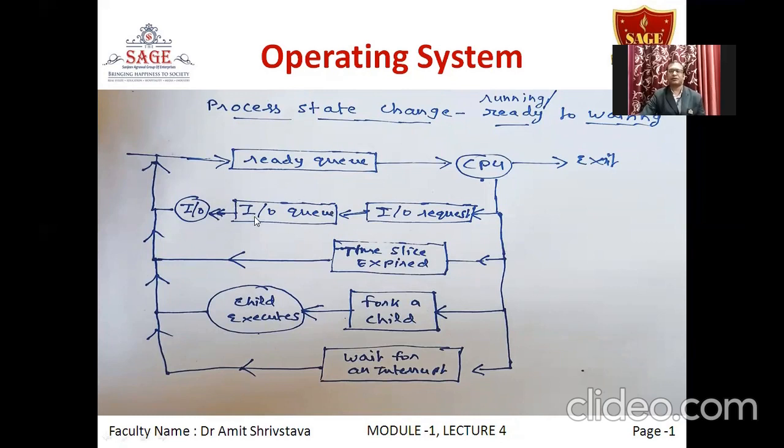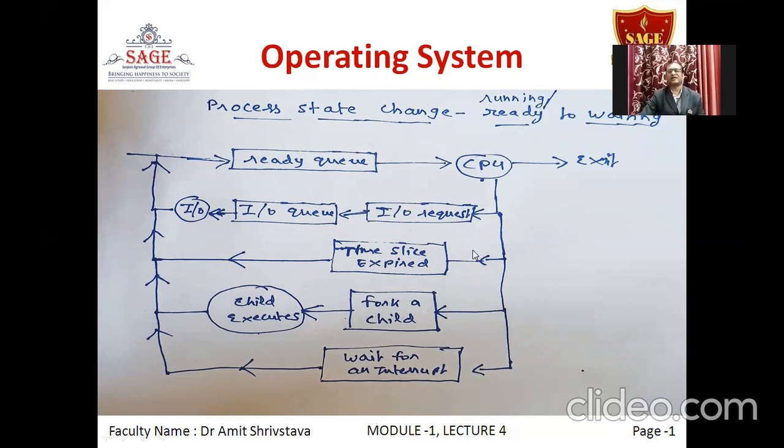Once it has been allotted the input-output device and it completes its execution, then again the process will come back into the ready queue. Now here the actual or the physical shifting is not there. The addresses, the pointers of those PCBs are changed to the particular queue, the input-output queue or the ready queue, etc. Because every queue which is residing in our system has got its own address. So simply the pointers and the addresses of that PCB are changed. No physical swapping is actually being done of the processes. So this is the first condition.